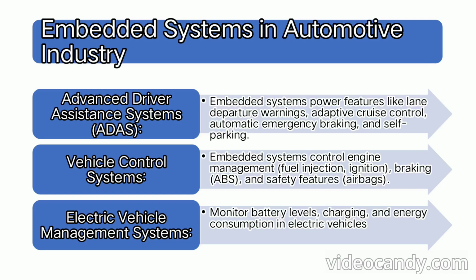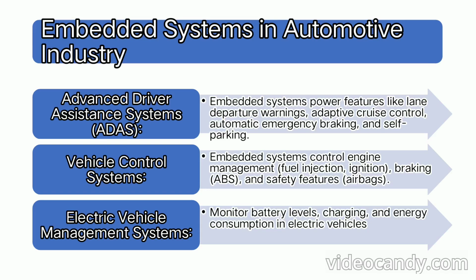Embedded systems in the automotive industry: advanced driver assistance systems, called ADAS. Embedded systems power features like lane departure warning, adaptive cruise control, automatic emergency braking, and self-parking. Vehicle control systems: embedded systems control engine management, like fuel and ignition systems, braking like ABS, and safety features like